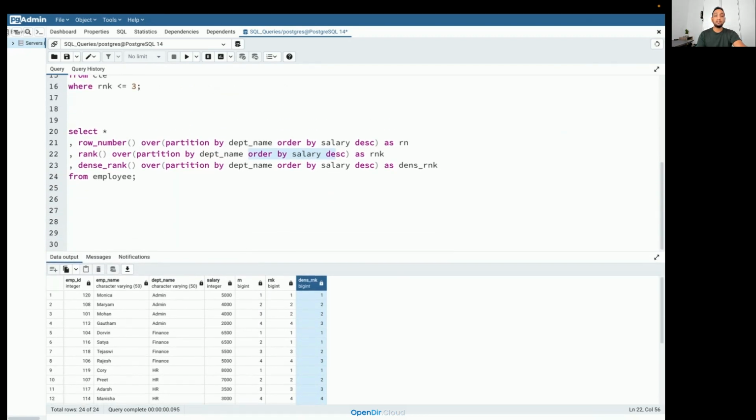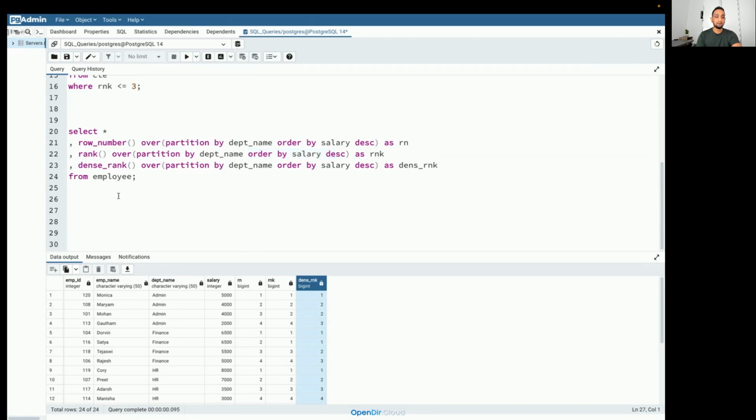If it is clear, I would like to solve an SQL problem where we'll try to use this concept that we have learned. Okay, so fine. So let's move on to the next one. Before I explain another window function, maybe we'll try to solve this problem. So I have this particular question here.